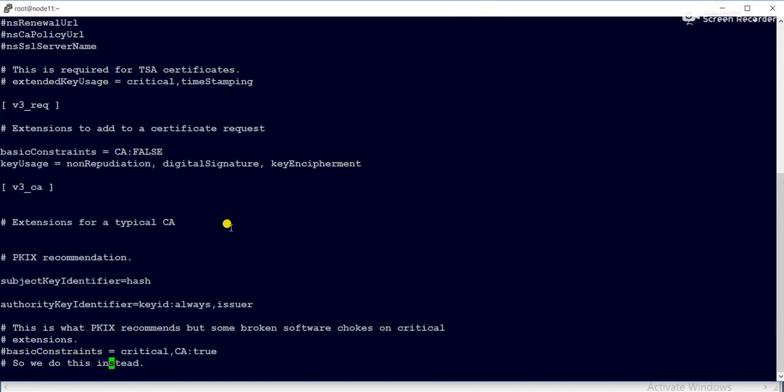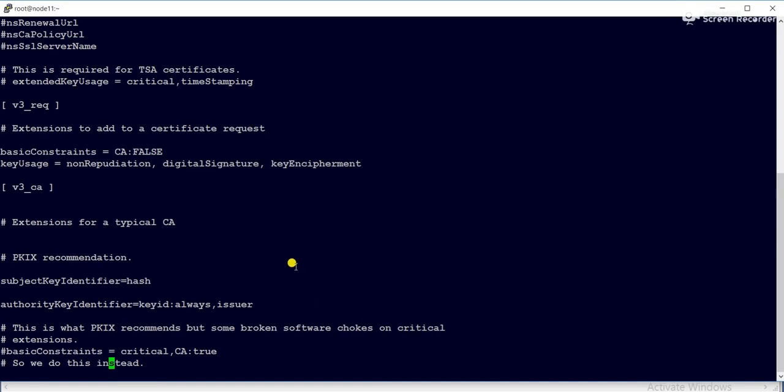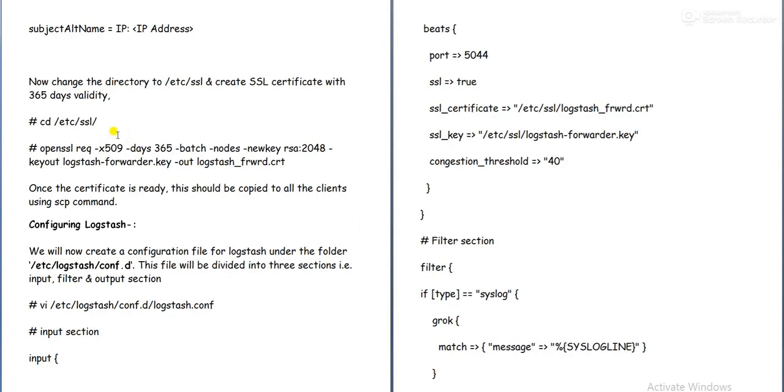So this is my server IP address. I will paste it, copy, and under this section I will press insert and paste. Okay, it's done. :wq to save.